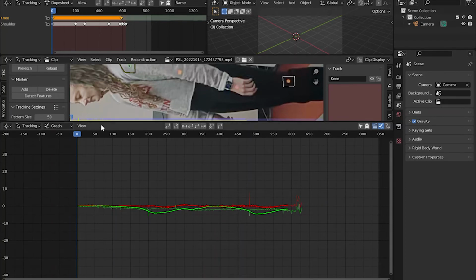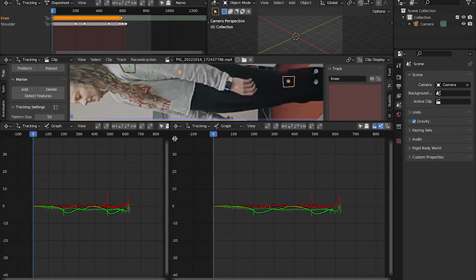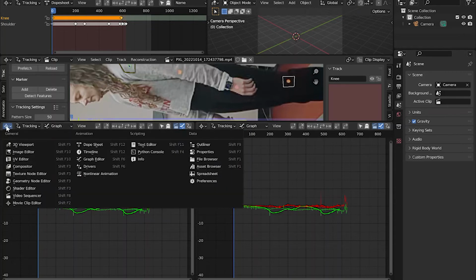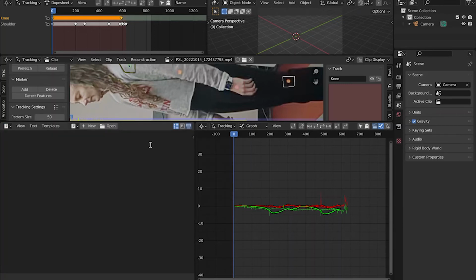and just to the left of our tracking window here, we're going to come up to the top and our cursor is going to change into this crosshair thing. We're going to click, hold, and drag it over. And then at this little button here that allows us to change what this window does, we're going to go to the text editor, right? So now this window that we dragged over is now a text editor. Click on New,